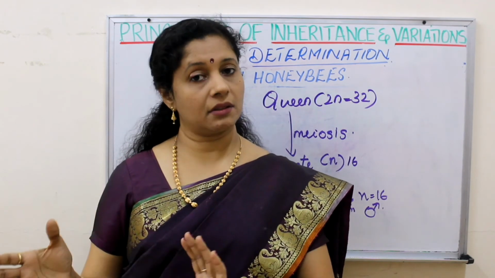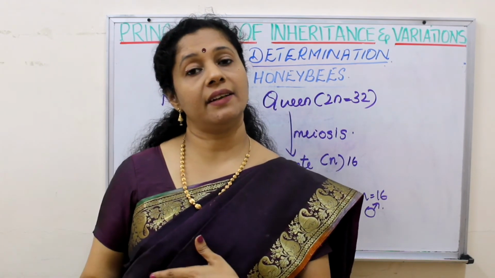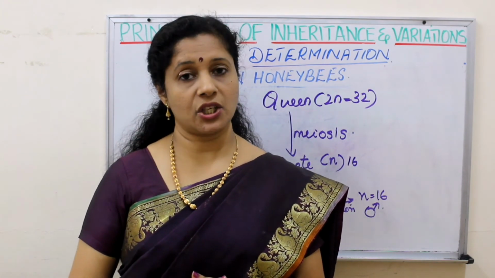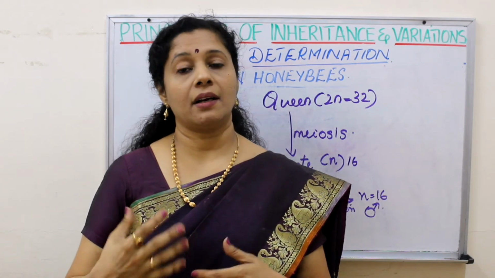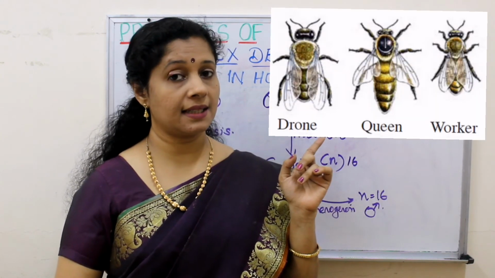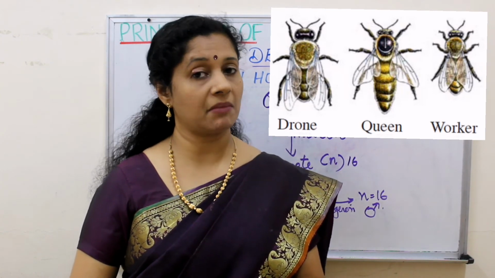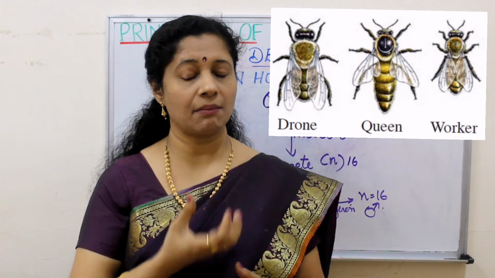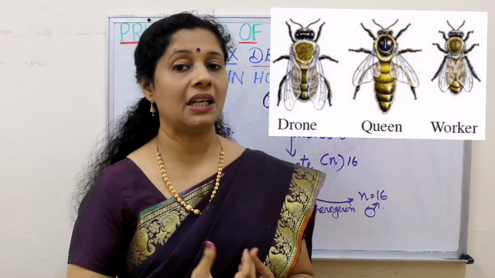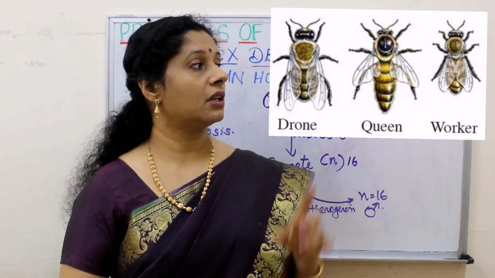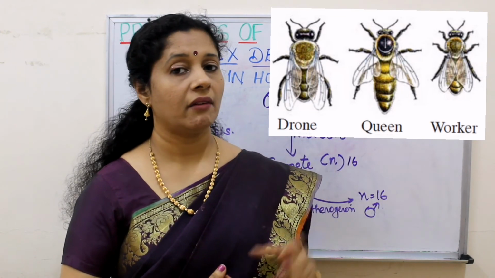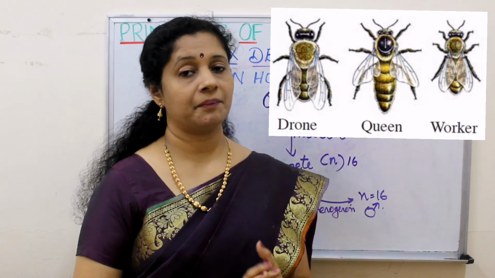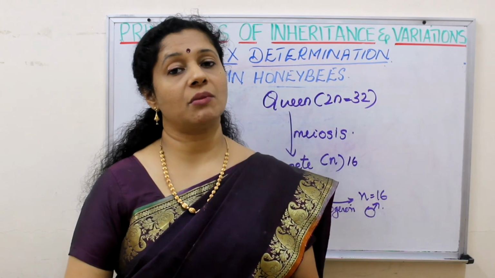Those which feed on pollen grains and nectar will develop into normal workers, whereas the one which is fed with a larger amount of royal jelly will turn into a queen, where her morphology also changes. As we can see in this picture, the queen is easily distinguishable from other members because her size is huge, and during the gravid stage, when she is about to lay eggs, her abdomen will elongate even further. Also her wings are only 2/3 of her body, whereas in the other two categories, the wing completely overlaps the body, the abdomen. Okay, so these are the interesting facts about honeybees.